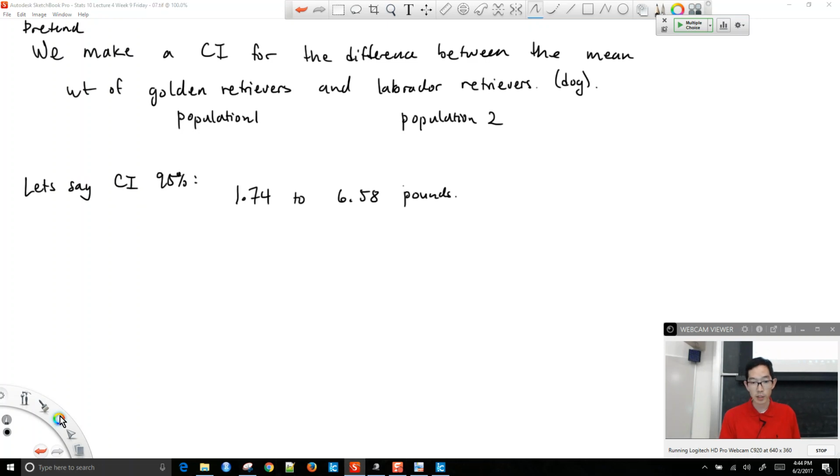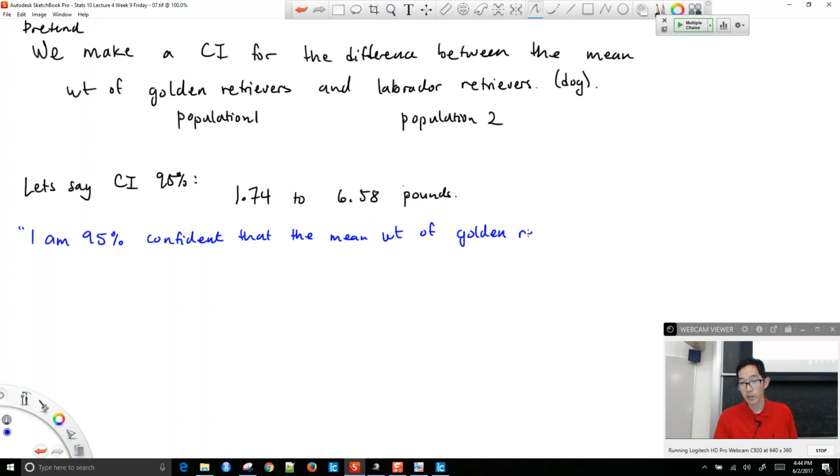Our interpretation would be: I am 95% confident that the mean weight of golden retrievers is somewhere between 1.74 pounds and 6.58 pounds